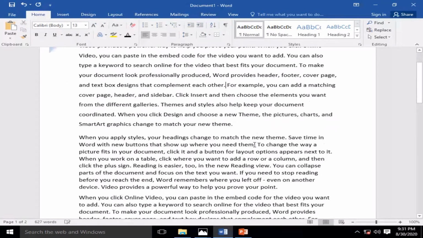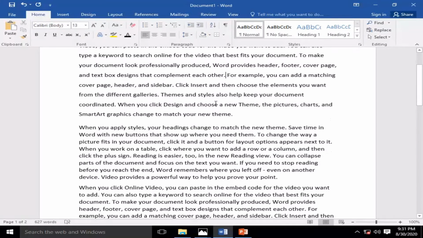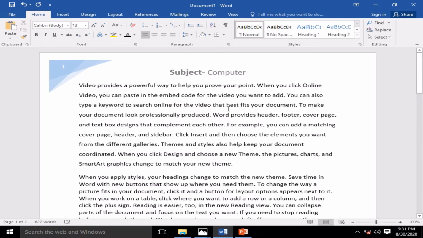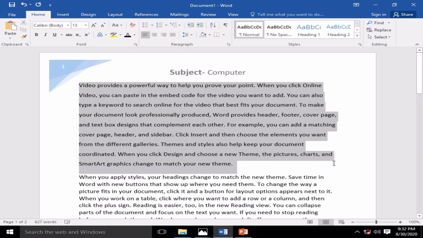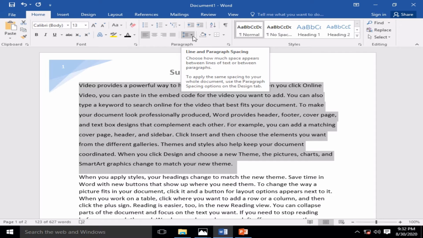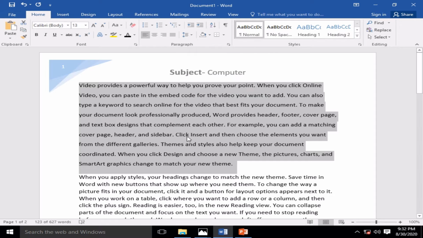You can notice the change in the second paragraph and in the first paragraph. So this is line spacing, the space between two lines. Whatever lines you are going to select, the space will apply to those lines only. I have selected the first paragraph, so the space applied on the first paragraph only.